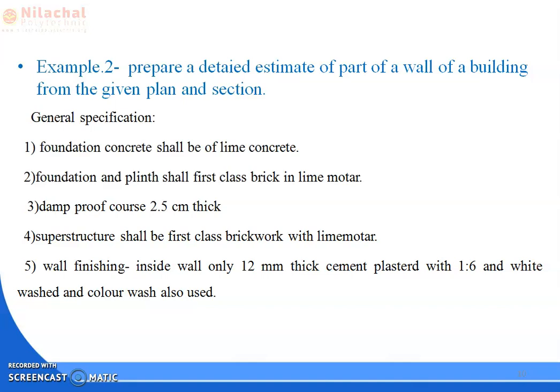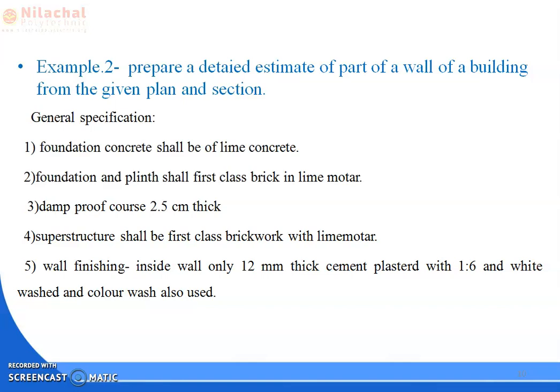The general specification is also given here. The foundation is lime concrete. The foundation and plinth are first class brickwork in lime mortar. Then the third one is the damp proof course, 2.5 cm thick. The fourth one is the superstructure, first class brickwork with lime mortar. Number 5 is wall finishing, inside wall only, 12 mm thick cement plaster with 1:6, and whitewash and